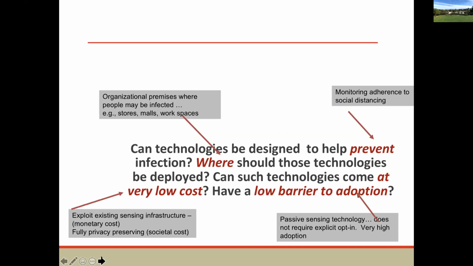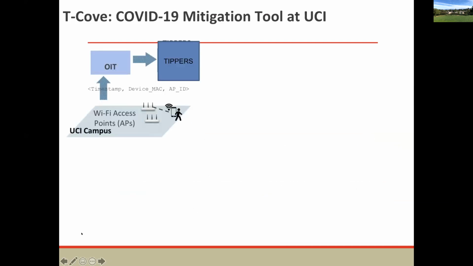Now, users can opt out, but most of the time they're opted in by default. An example of this is Wi-Fi, and that's where I'm headed. The point is that this has a very high rate of adoption. All right, so with this thought process in mind, what we did at UCI was we started off with Wi-Fi